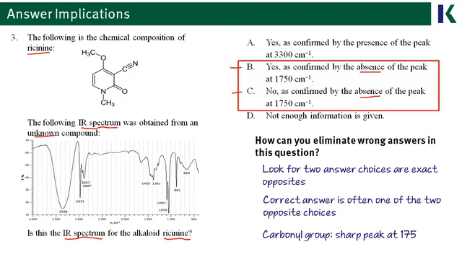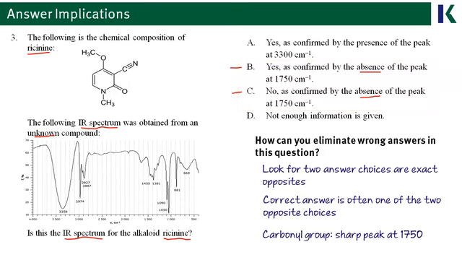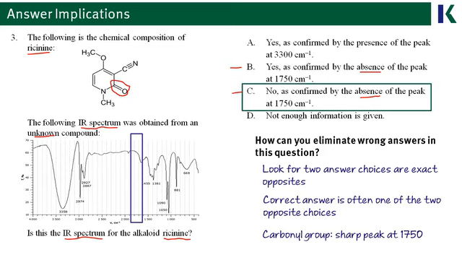Now, if you did happen to remember that the carbonyl group in an organic molecule does have a sharp peak at 1750, you could look at the IR spectrum and realize that that sharp peak at 1750 isn't there. However, our ricinin chemical does have a carbonyl peak, and so the answer does end up having to be C. No, that absence of the peak tells us that this IR spectrum is not for ricinin, but you'd have a 50-50 chance, even if you were guessing between B and C, to get the answer right.